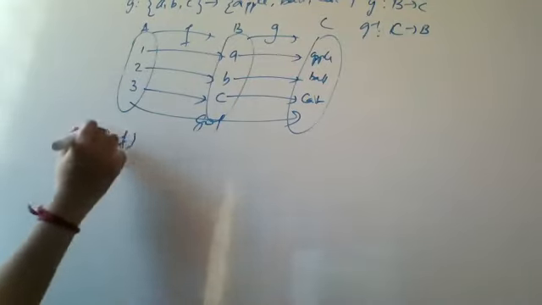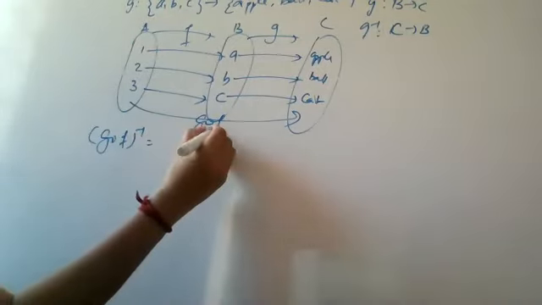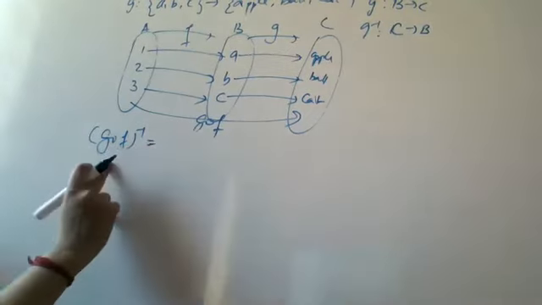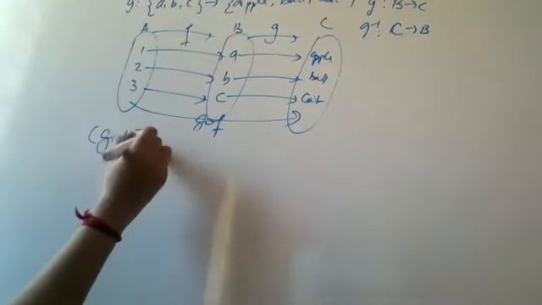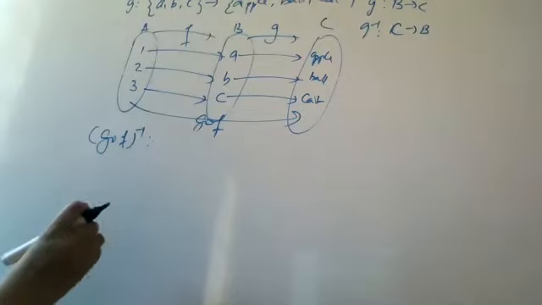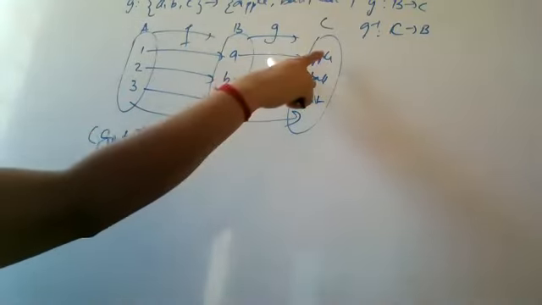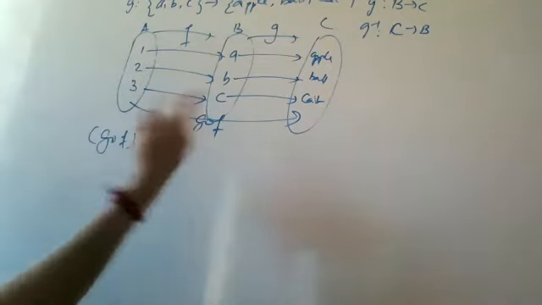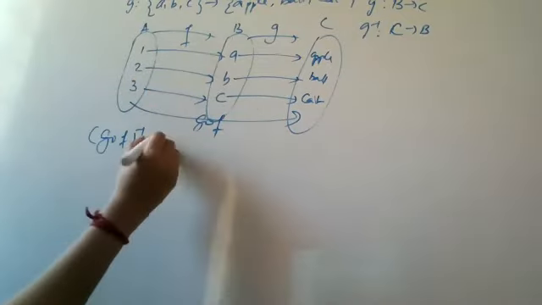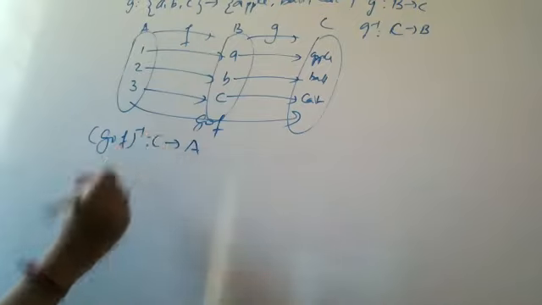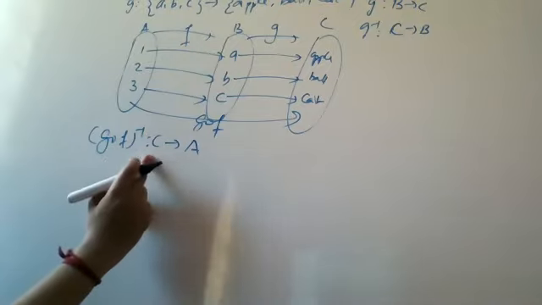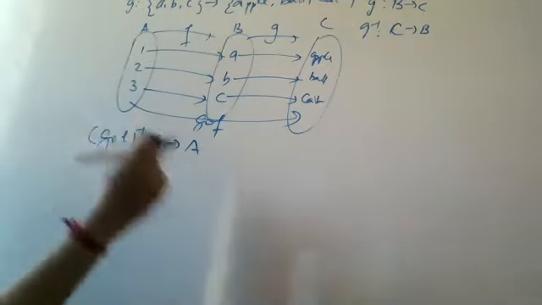Now G composition F the whole inverse is equal to, कैसे define करना है? It will be from where? From which set to which set? हमने G composition F देखा था. G composition F was from A to C. So we'll get G composition F the whole inverse will be from C to A. Okay, it will be from C to A. That means from the set apple, ball, cat to 1, 2, 3.